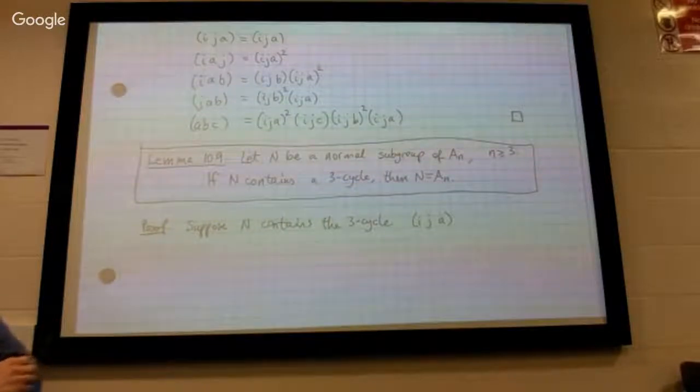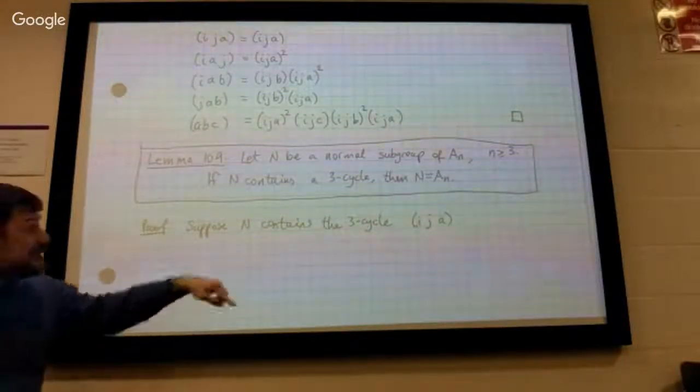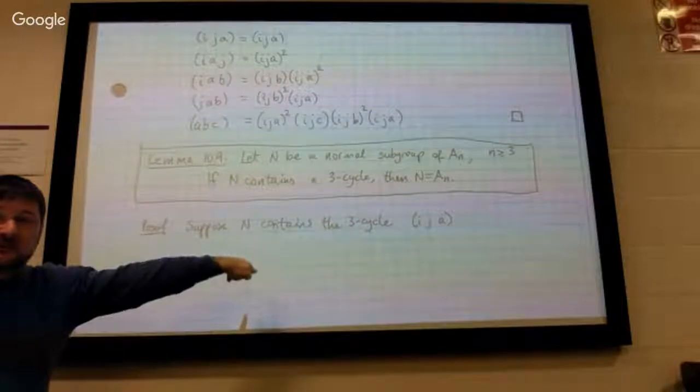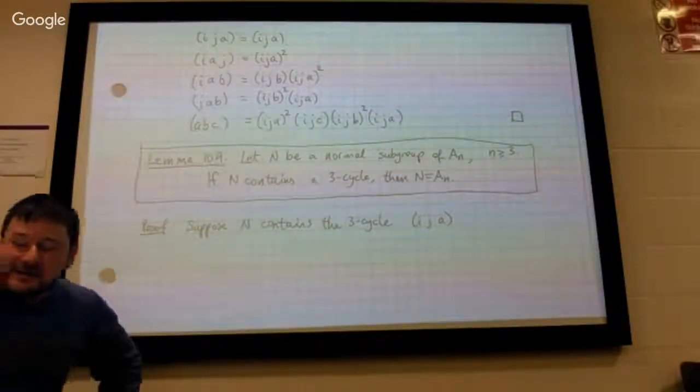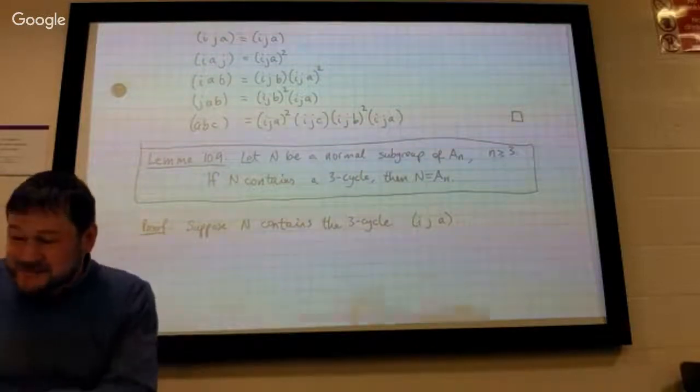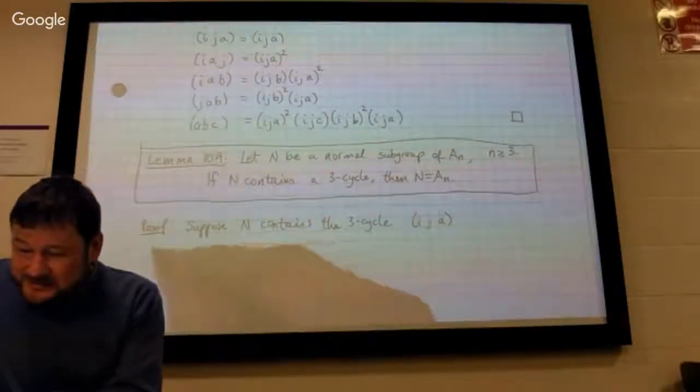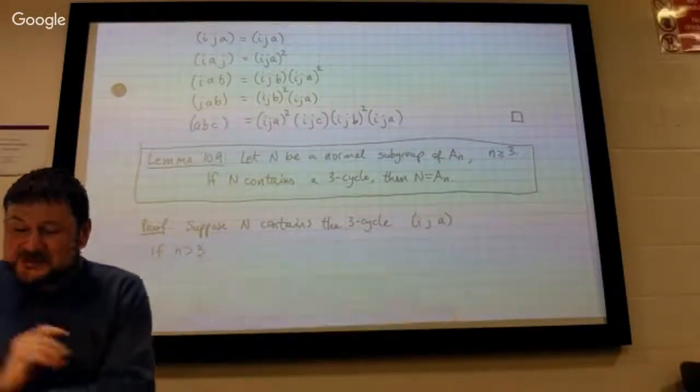Okay, so if n is 3, then we already have all the 3-cycles of the form (i j a), because there's only one. If n is greater than 3,